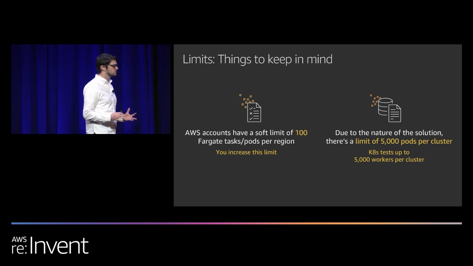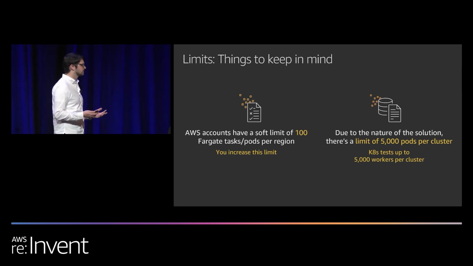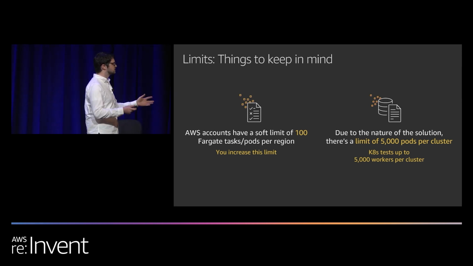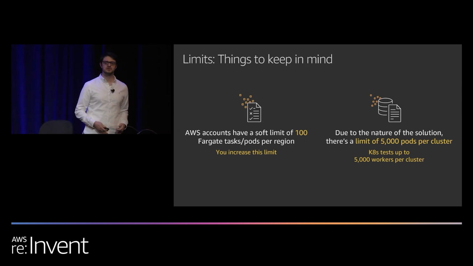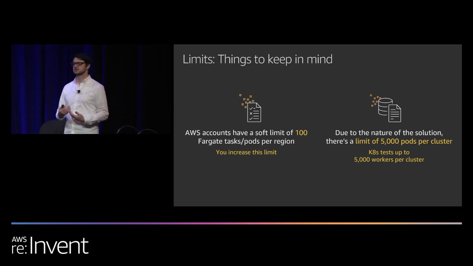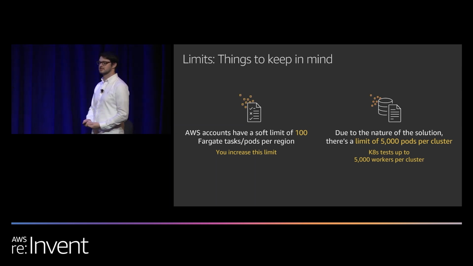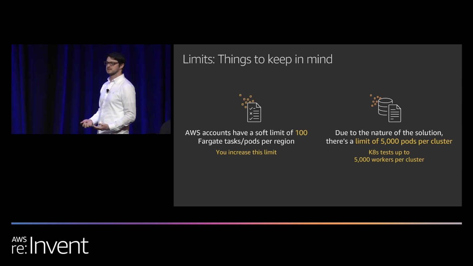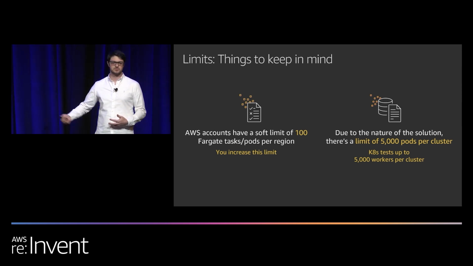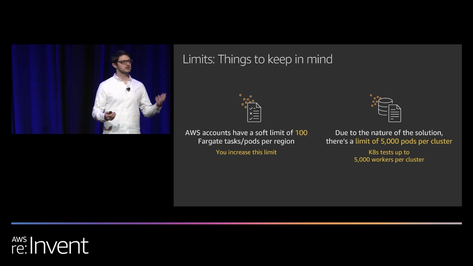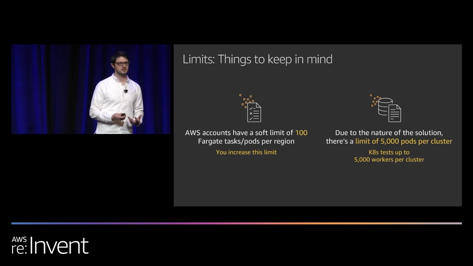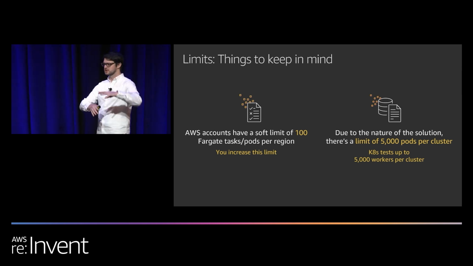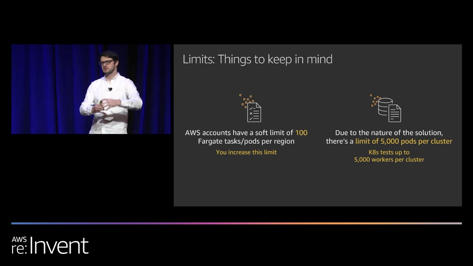And due to kind of how this works, I actually think "limit" is the wrong word here. The Kubernetes community tests up to 5,000 nodes in a cluster, and that's the well-tested standard upstream testing. So 5,000 pods will work really, really well. Once you get beyond that, the way that you're running your cluster starts to change, and there's a bunch of different things that you can do more of.